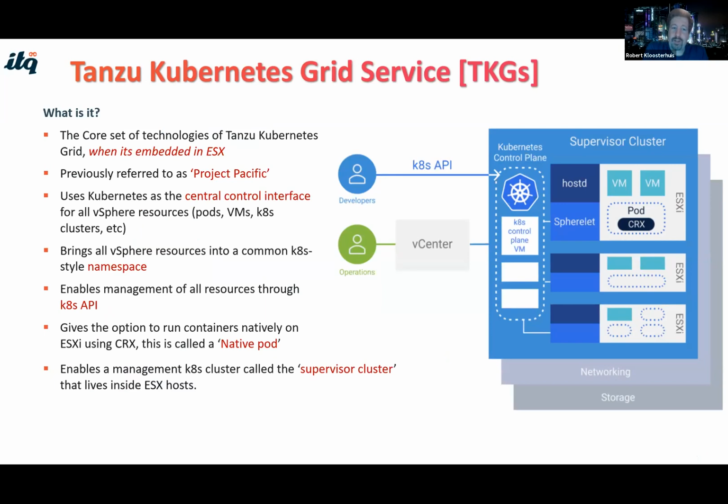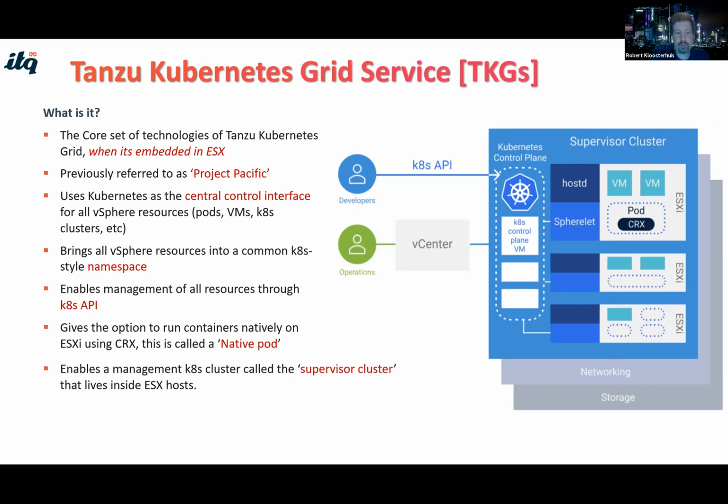Now, you might have heard of most of these technologies because they were announced about 2 years ago as Project Pacific. VMware doesn't use that term publicly anymore. I do know that they still use it internally to refer to this part of Tanzu Kubernetes Grid, the part that integrates very tightly into vSphere, and where you run the core management cluster of Kubernetes embedded inside ESX,